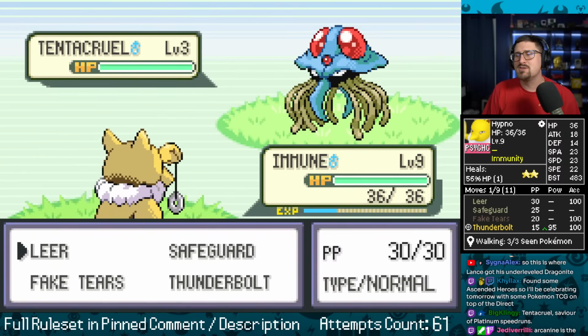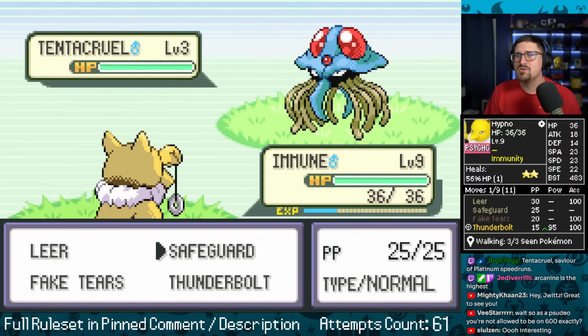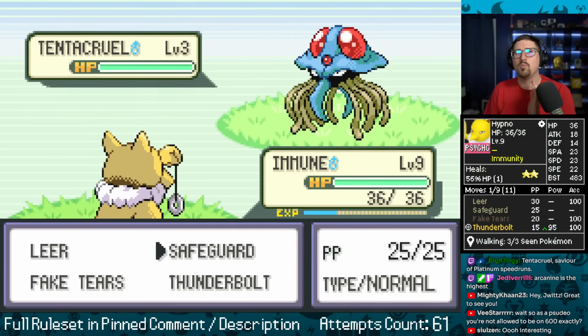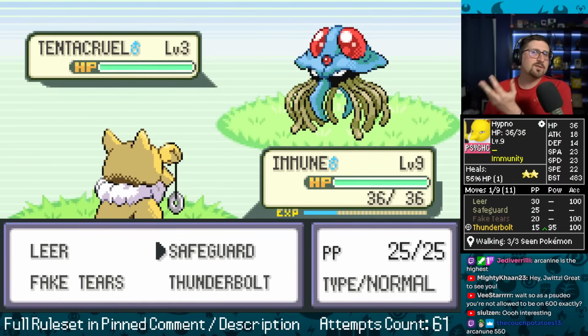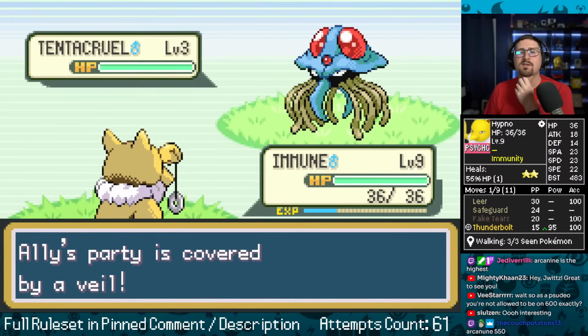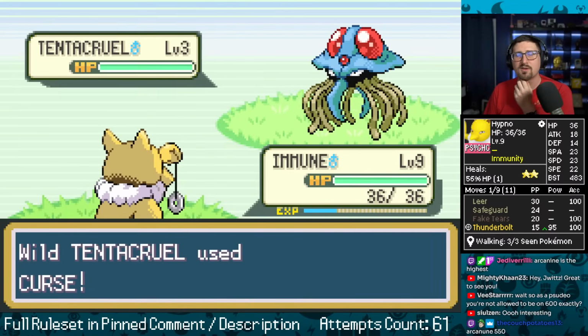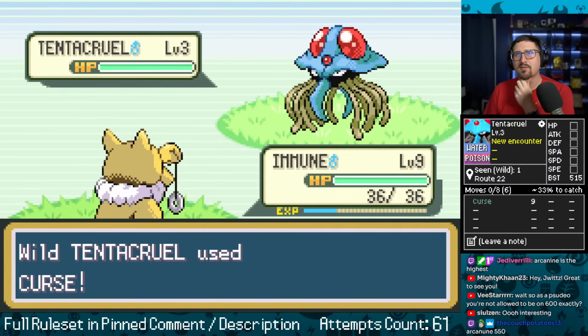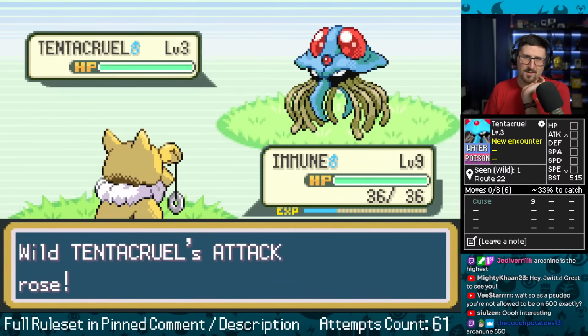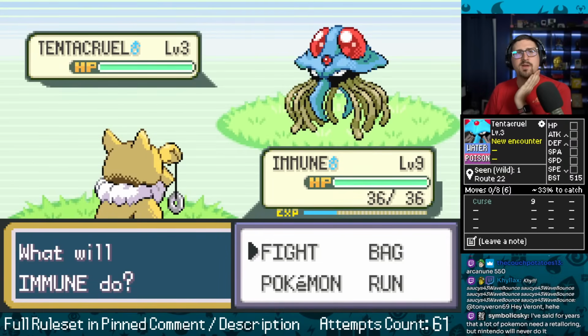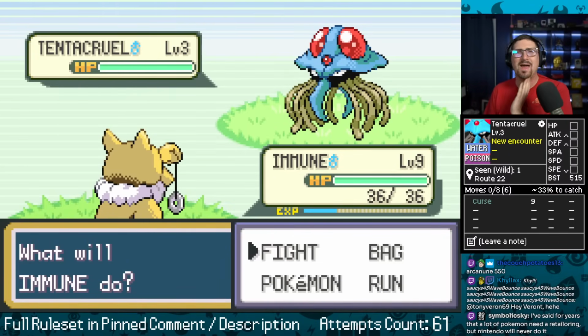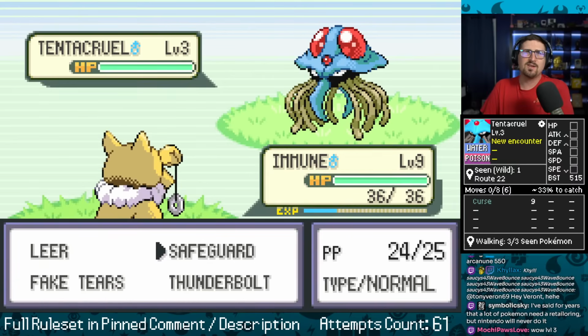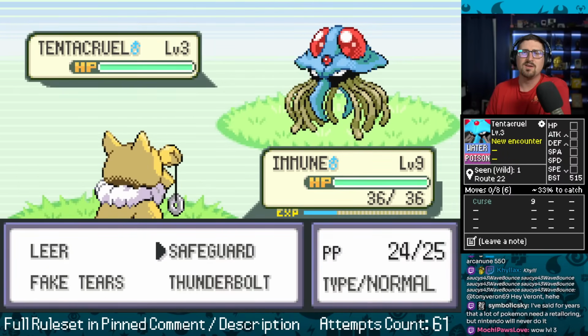Now on the bright side, I actually do have a lot of moves that can just sort of burn time while I wait and see what... This is called scouting, so I'm going to wait and see. This is also level 3 Tentacruel, which is kind of crappy. All right, so speaking of crappy, Curse actually could be good. Lowering the speed is bad, though, typically. Makes it a lot harder to sweep a whole team, but it's something.